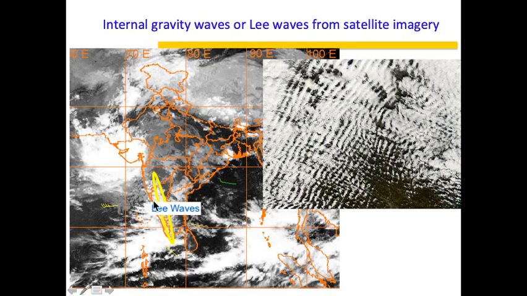So this is a very typical example of a Lee wave or an internal gravity wave, where you see this wave pattern which is very similar to something I picked up from the internet, right? And so you have the Western Ghats, which the winds interact with, and they lead to the formation of these internal gravity waves on the windward side of the mountain. Okay? And this is the reason why during monsoon, Kerala or Mumbai gets a lot of rain, because of the internal gravity waves, right?